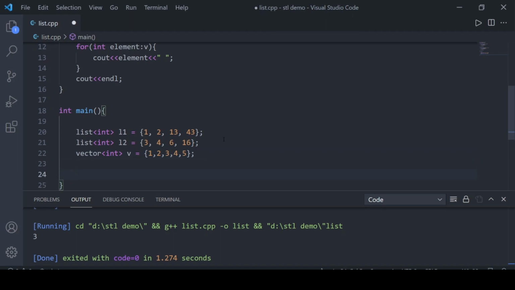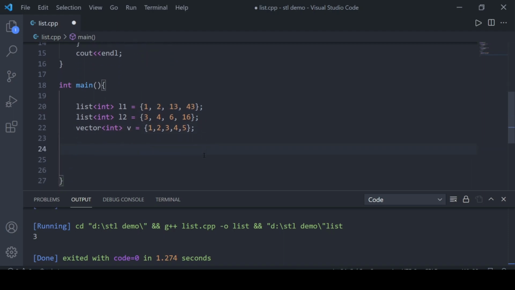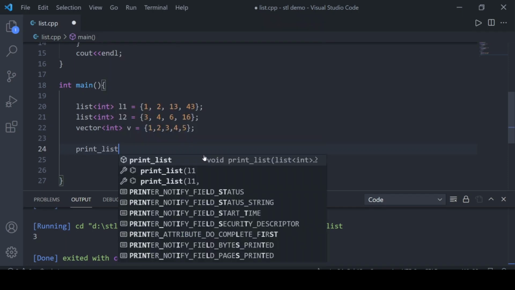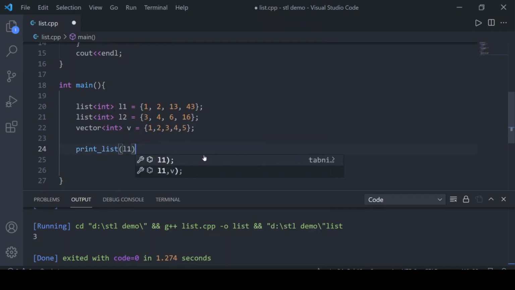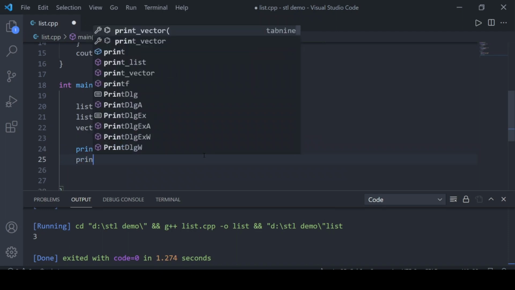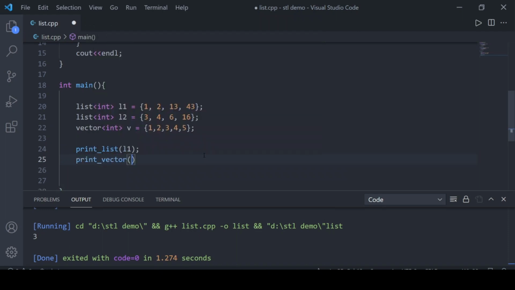So firstly, let me show you that. To create a list, we just write list of int and then the name of it, and if we want to initialize it, we can optionally do so. I have created a list and also a vector to help you understand the differences between them. If you want to print a list and print a vector, I have created two functions to do so.